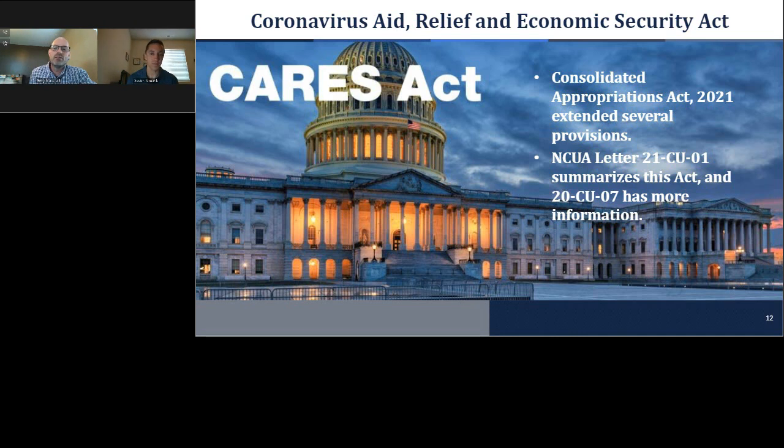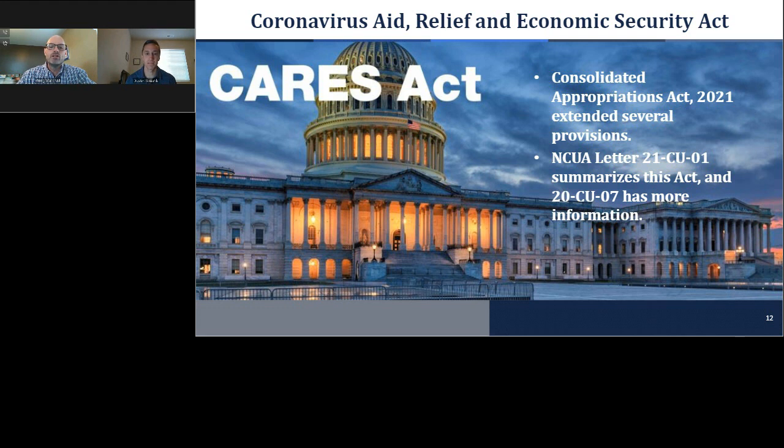CARES Act. The CARES Act, which was written and signed into law back in March, almost a March and 1 month from today, contains several relief measures for credit unions and their members. And that March 27th, interesting, March 16th was the last day that I was in Alexandria, Virginia at headquarters, and I haven't been there since. I kind of miss it, but I'm getting used to not commuting. So I like seeing the picture of the Capitol. It kind of brings me back.